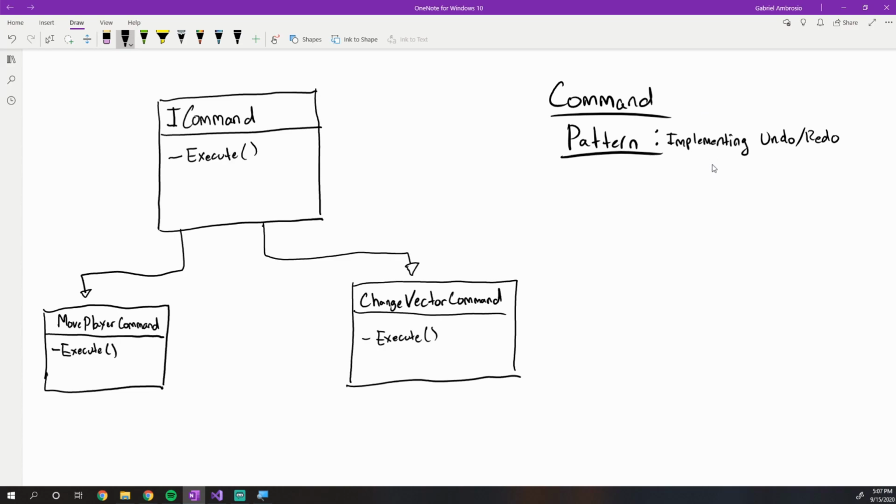So what we're going to be talking about in this particular episode is something called the command pattern, and I have in subtext, implementing undo and redo. So this pattern can be used to implement an undo-redo system or some other cool things that we will discuss